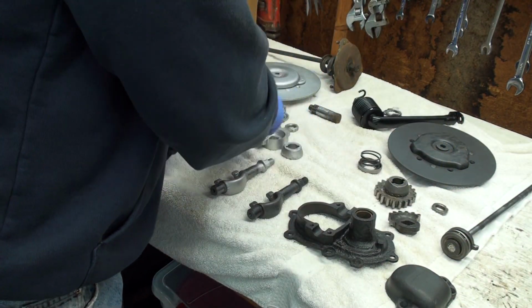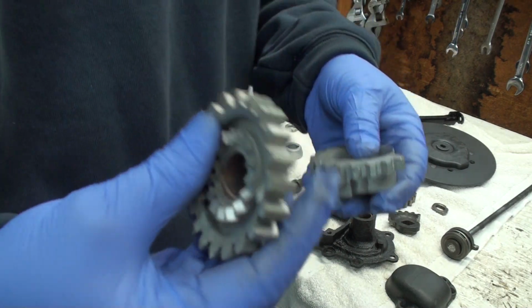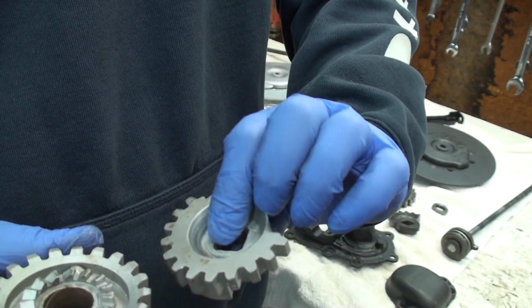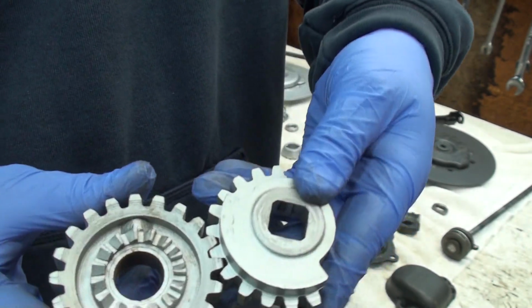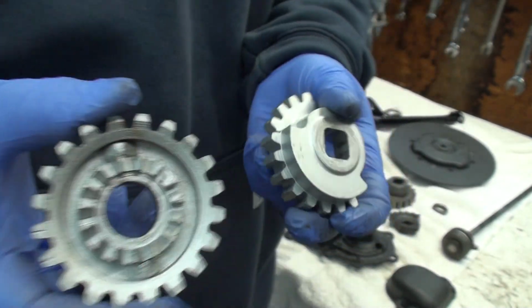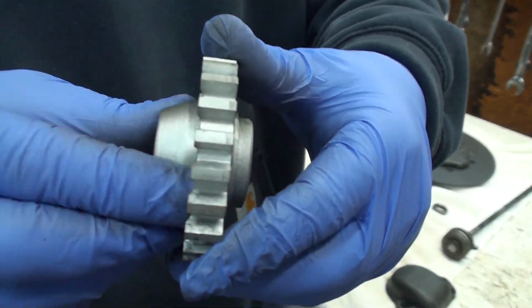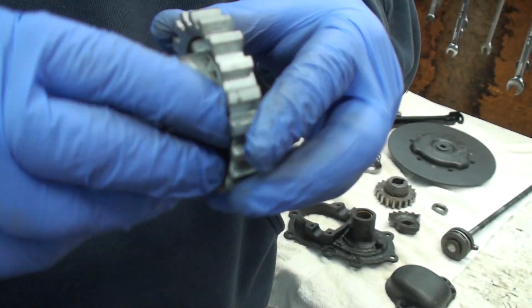These do have wear on them, but how does this work? I don't know. But these mesh really well. There's no slop in here and here. I guess I was doing this one. There's no slop in there. Maybe it's just not worn as much, but I think